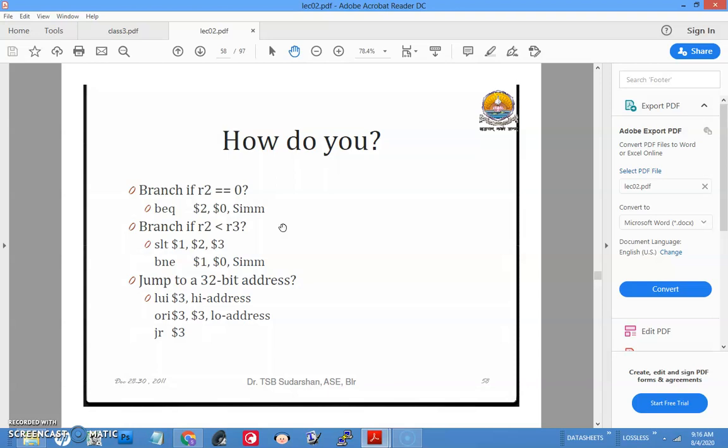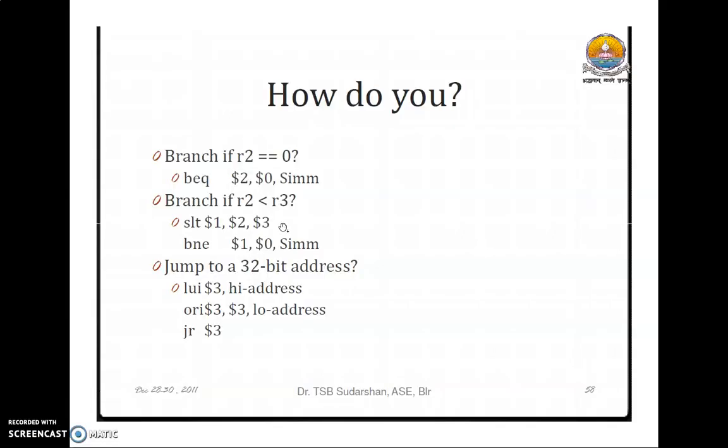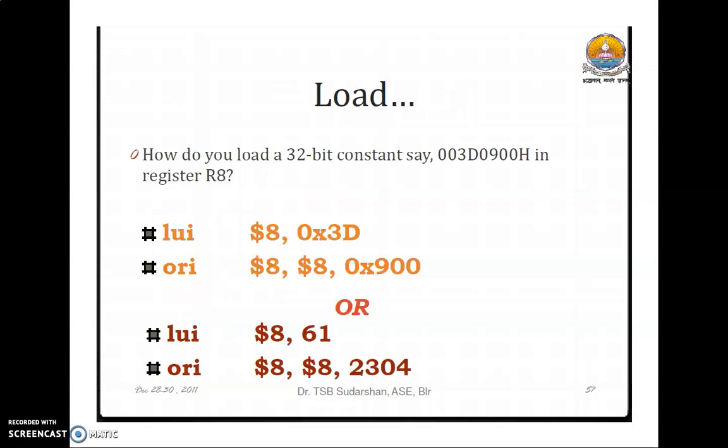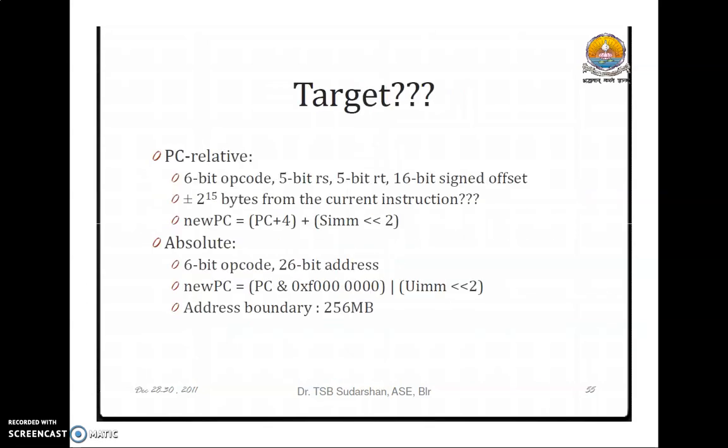Okay, let us continue with the jump target address calculation. As part of the instruction, we will get only 26 bits. If you recollect the J-type instruction format, the immediate field has 26 bits. So here we have to do some processing to make the 26 bits a 32-bit address. What we do is we do not change the upper 4 bits of the PC. Upper 4 bits have to be retained as such.